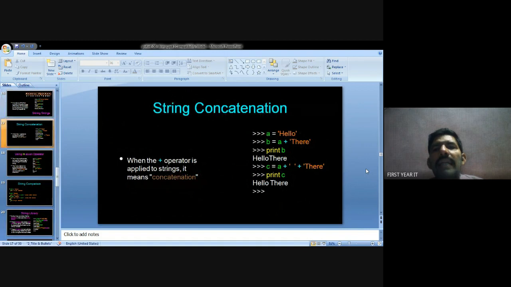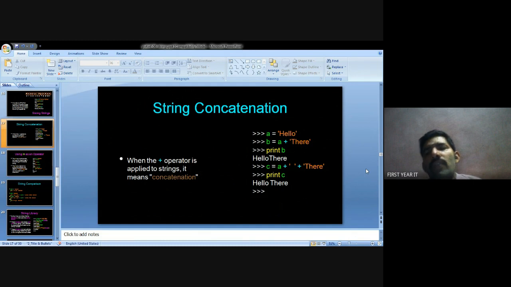This is string concatenation. Concatenation is one type of string function. Concatenation means we can add two strings. So A equals hello and B equals A plus there. A's value is hello, plus B's value there, so print B gives hello there.